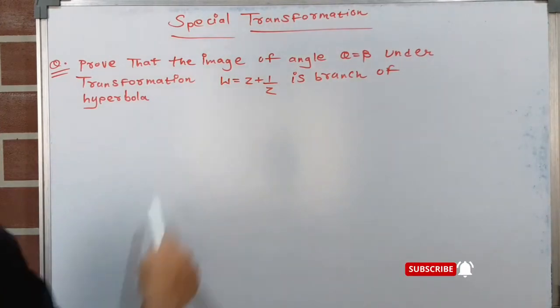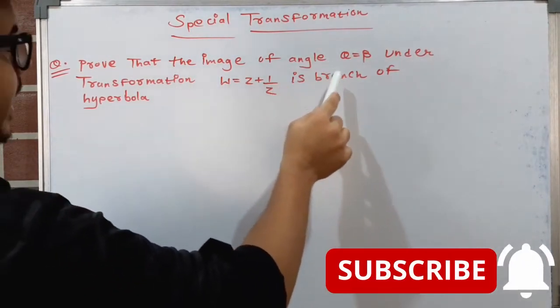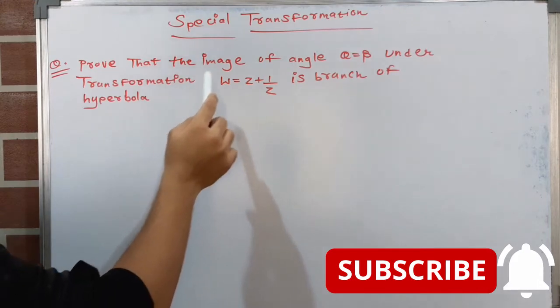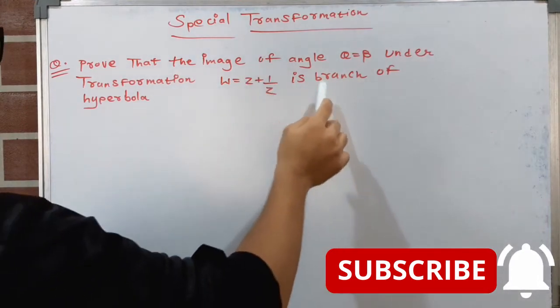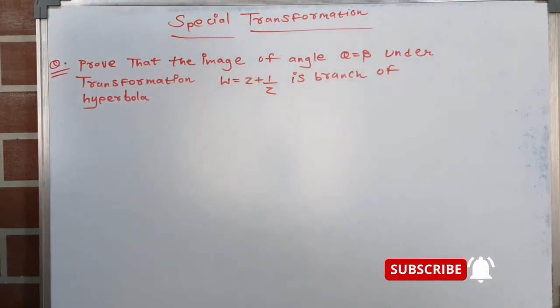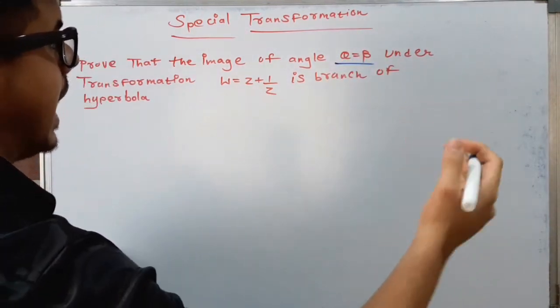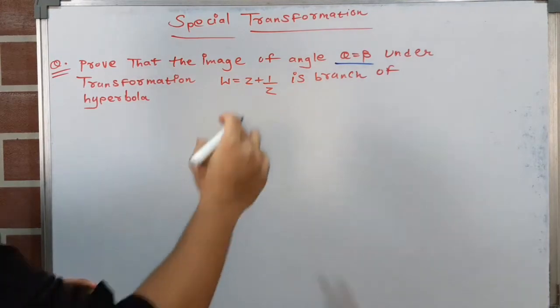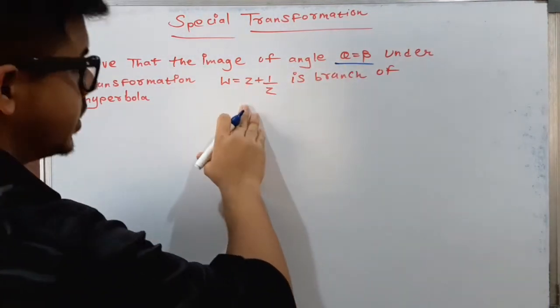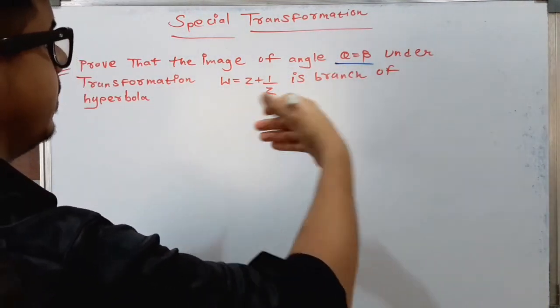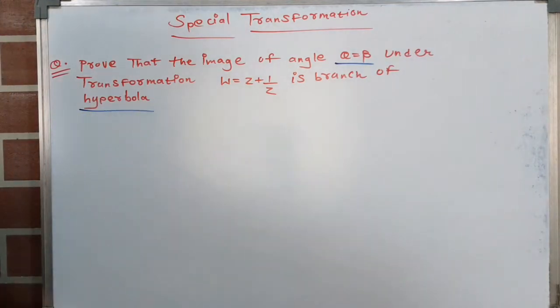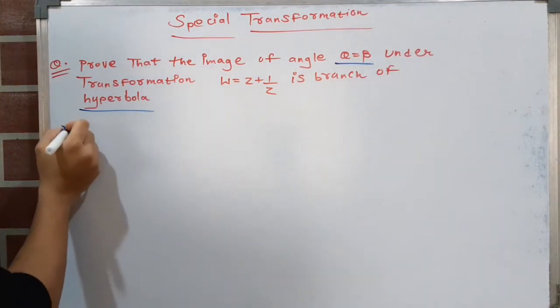So prove that the image of the angle theta equals to beta and the transformation W is equals to Z plus 1 upon Z is the branch of hyperbola. Okay. So here you can see the angle is given. So angle is given, that means here line is given. So we will convert this line using the W is equals to Z plus 1 upon Z transformation into the branch of hyperbola. Okay. So we will start. So the solution is,